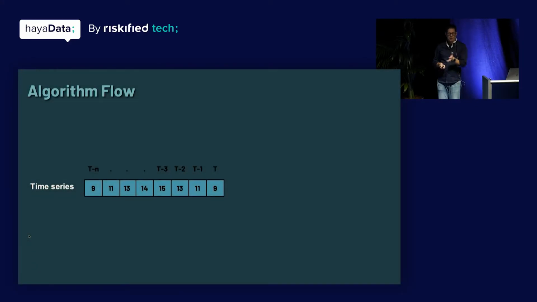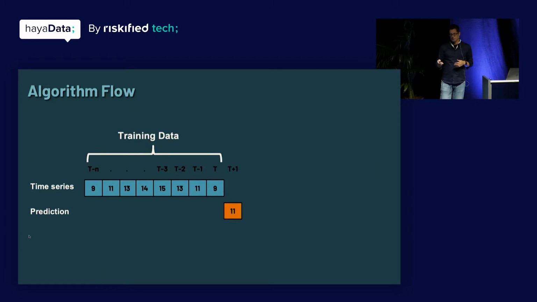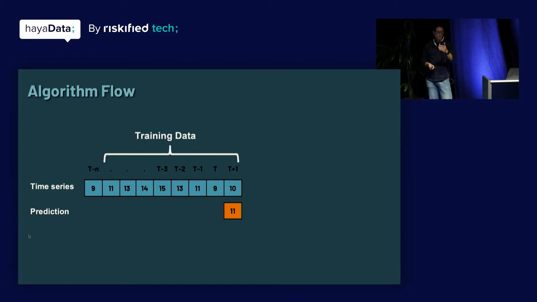If you look at it from an algorithmic flow of just numbers, of these time series numbers coming in, we can basically use the data we have as a training set for the algorithm. We'll predict the next time period, wait for the data to come in, see that it looks okay, and do this again. We could use the next data point as part of our training if we have a model that trains really fast, like some of the regression models. And then we could do this again and again.